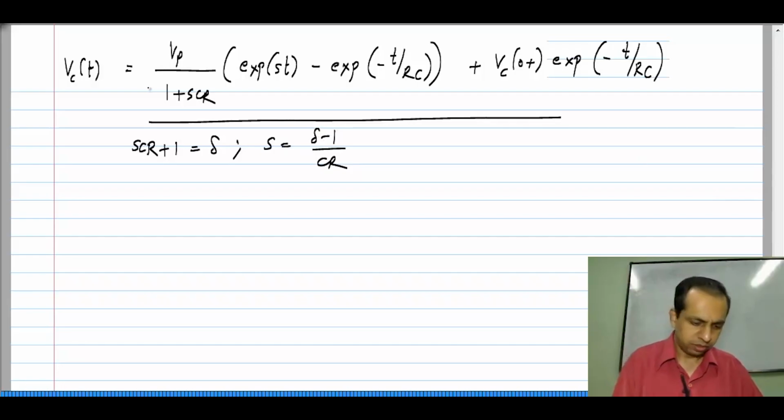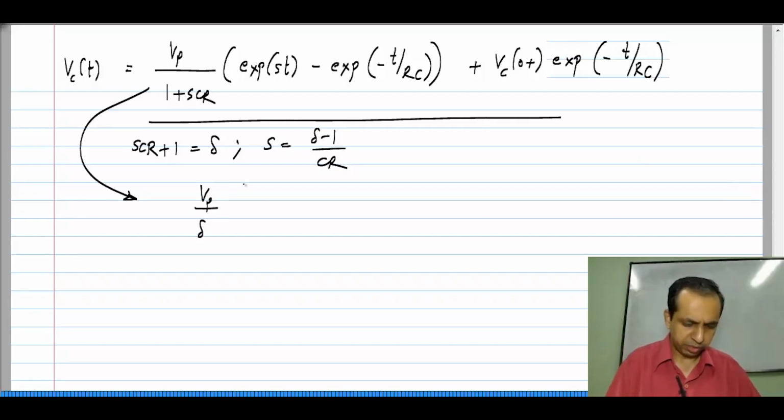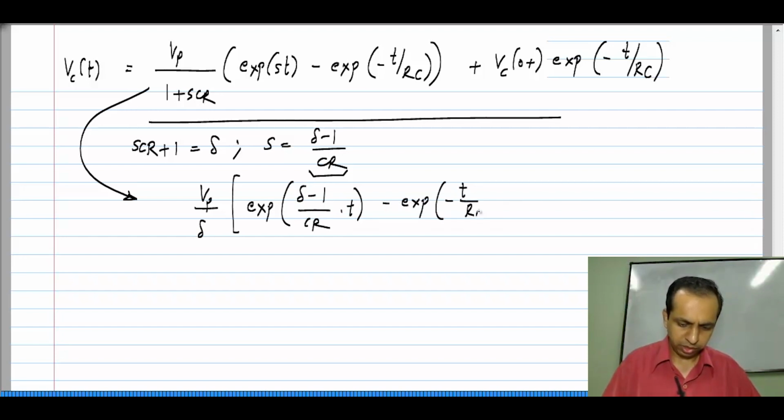So this expression becomes Vp divided by delta times exponential St, which is this delta minus 1 by Cr. So that will be exponential delta minus 1 by Cr times t, minus exponential minus t by Rc